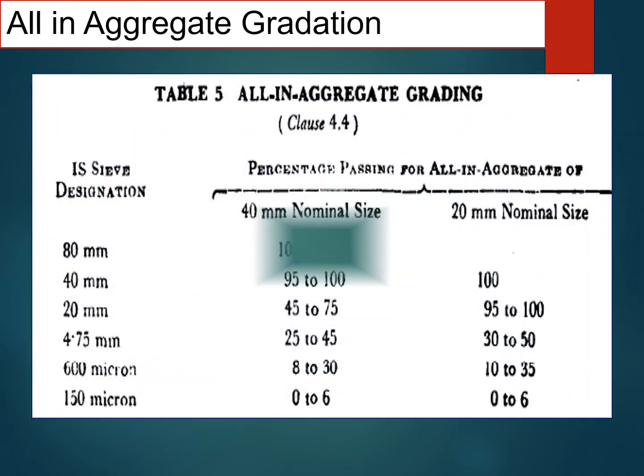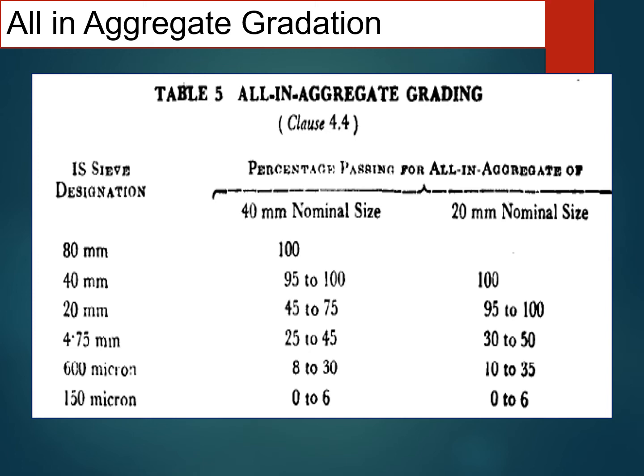Now all-in aggregate grading is given in IS 10262, that is for 40 mm nominal size aggregate, a set of sieves and the set of percentage passing is required. For 20 mm nominal size of aggregate, maximum size of aggregate is 40, and then at the 20 mm sieve you have 95 to 100% passing, and at the 4.75 mm sieve you have 30 to 50% passing. At 600 micron sieve you have 10 to 35% passing, and at 150 micron sieve you have 0 to 6%